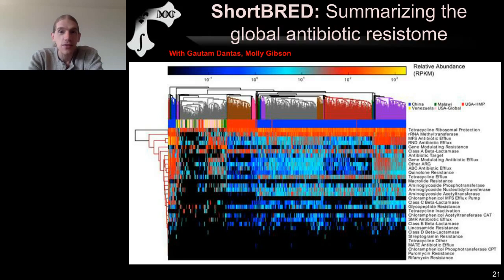And you can see that there's both some consistency across these global gut metagenomes, including tetracycline resistance occurring in high abundance and high prevalence in nearly every gut metagenome, down to variants that occur only in, for example, the Chinese subset of the population. And you'll see a little bit more about this later in the day for antimicrobial resistance